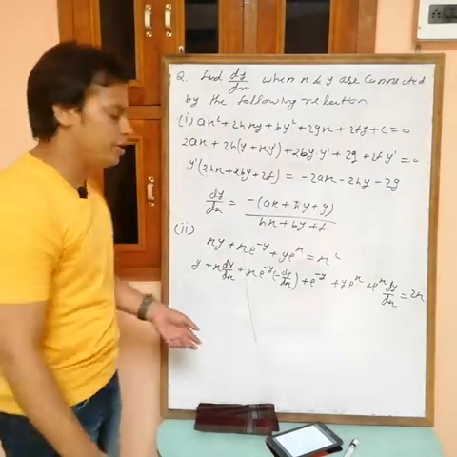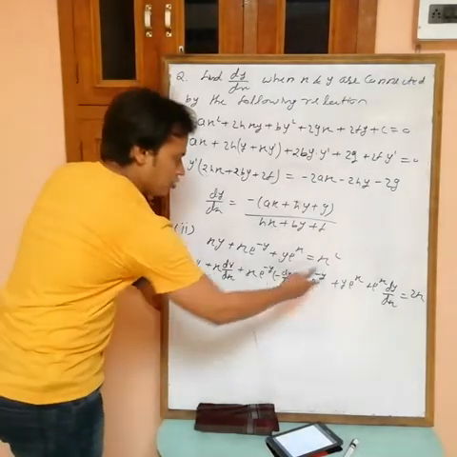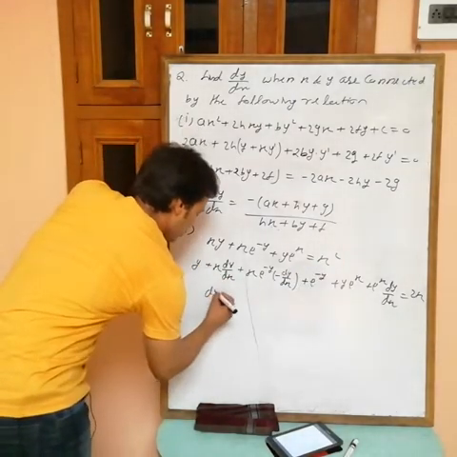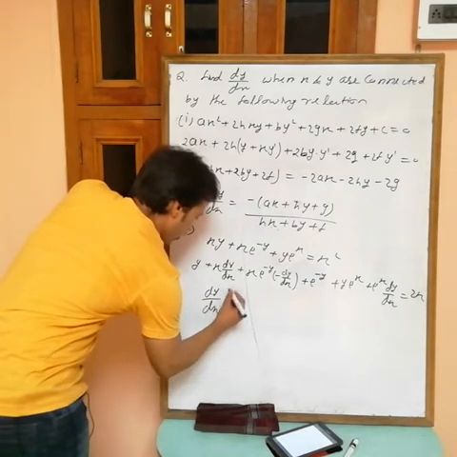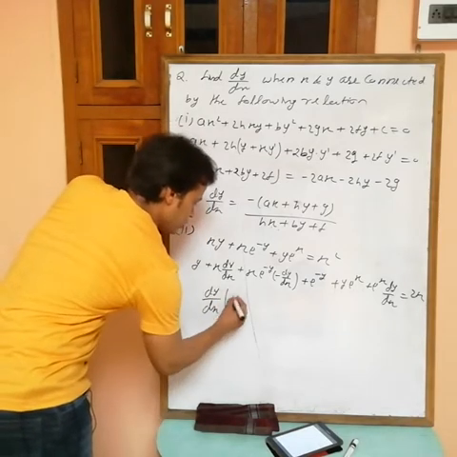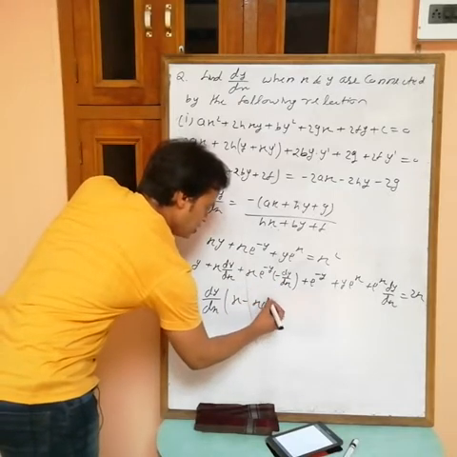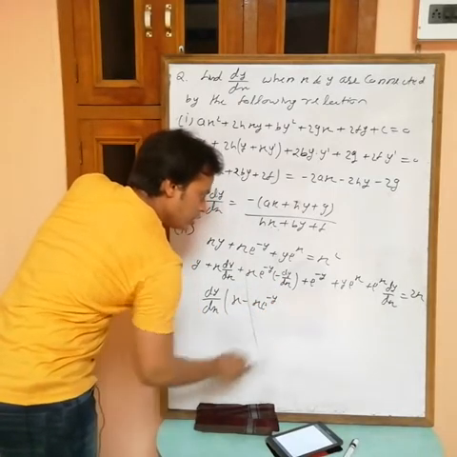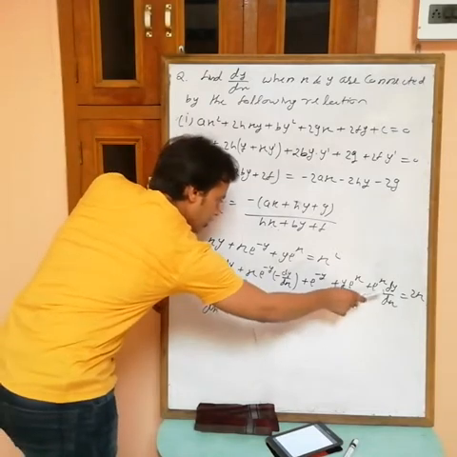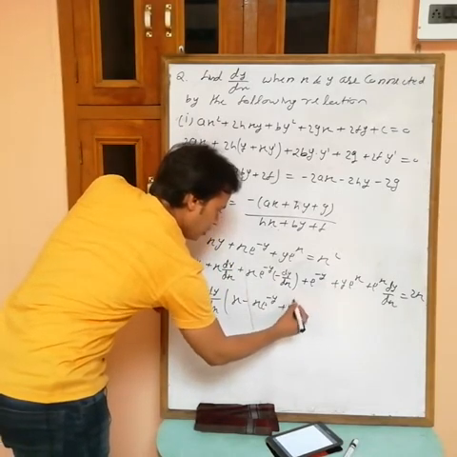So just take dy by dx common. Because we have more than one dy by dx now, we have to take it common. If I take common dy by dx, from this one I will get x, and from this one minus x e power minus y. Okay, there is no dy by dx here, so from this one what you will get? e power x.